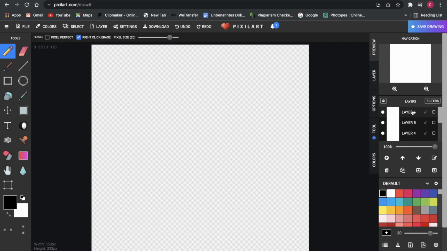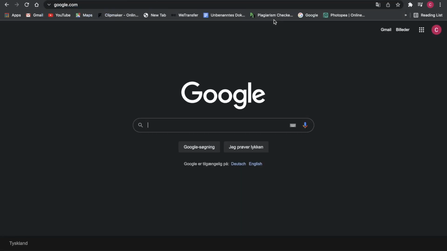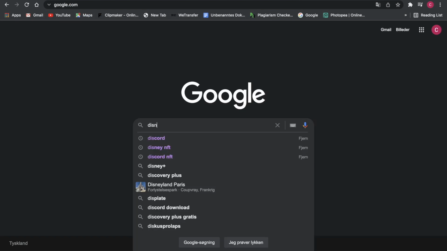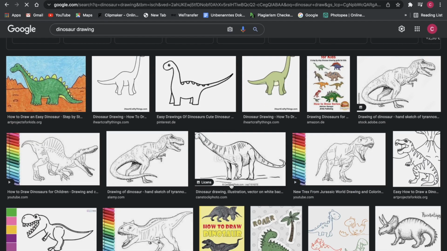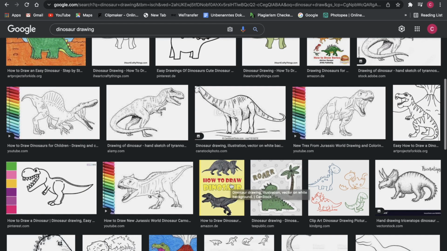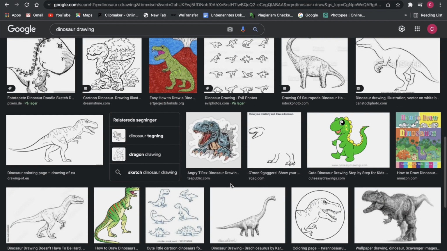Good, now that we have understood the basic tools we are working with, we can go ahead and create our first pixel drawing. And for that you obviously need something you want to draw, and you can just look it up. For example, I think I'm gonna draw a dinosaur now. I am just gonna search for a reference image so that I don't have to draw it out of my imagination. Search for something like dinosaur drawing, for example. That's what I'm doing right now. And then